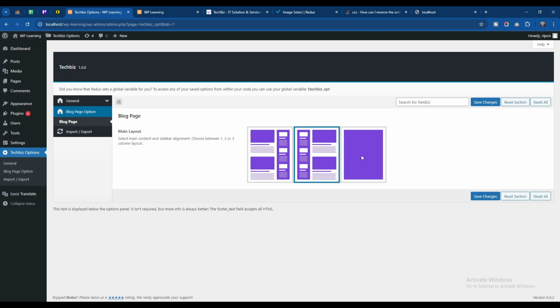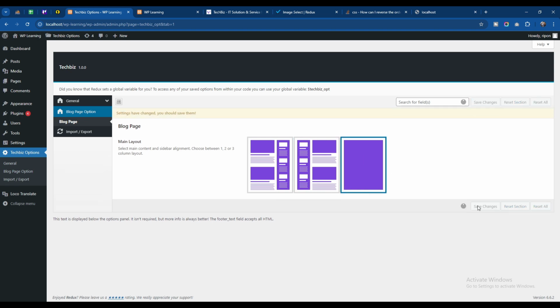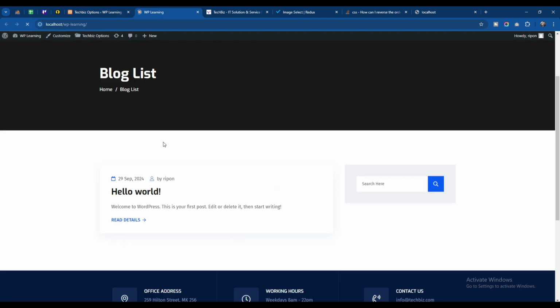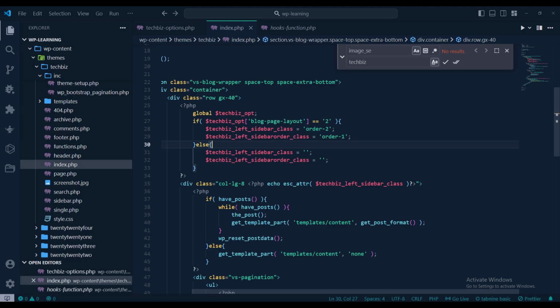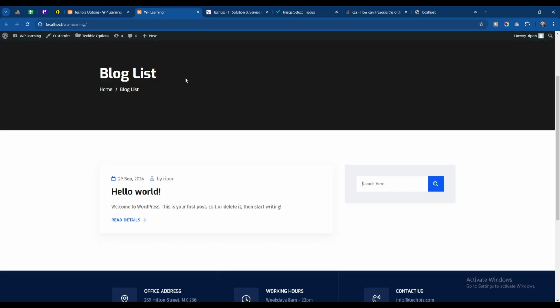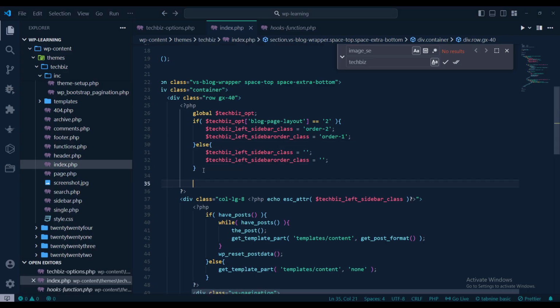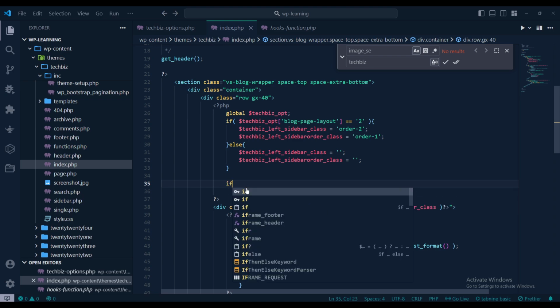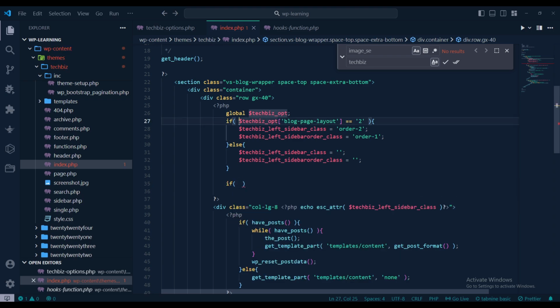Now I will check the no sidebars option, and if I click on save changes and give a refresh now, then it is going back to its previous state with the right sidebar. But I don't want that. I want that if someone is setting it to full width, then this post will be in full width, and this sidebar will also not be visible. So if I write some conditions here, that if this block page layout is equal to 3, then